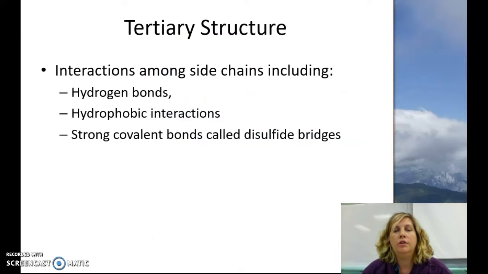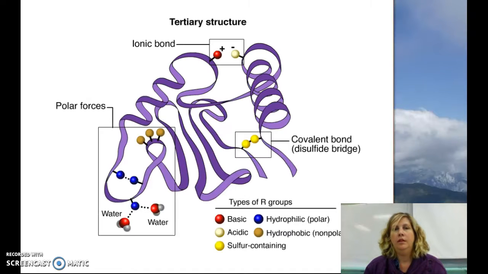Okay, so tertiary structure. Tertiary structure are interactions among side chains, including hydrogen bonds, hydrophobic interactions, and strong covalent bonds called disulfide bridges. So tertiary structure, for example, you can have an ionic bond. In an ionic bond, the side chain from one amino acid and the side chain from another amino acid actually have the movement of a hydrogen atom across, leaving one positive and another negative, and creating a strong amount of